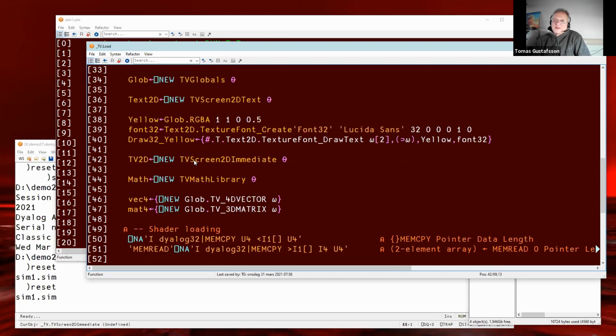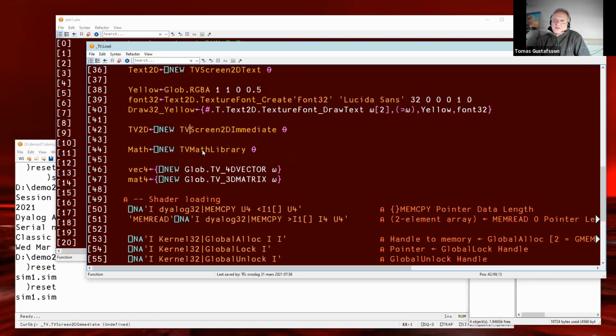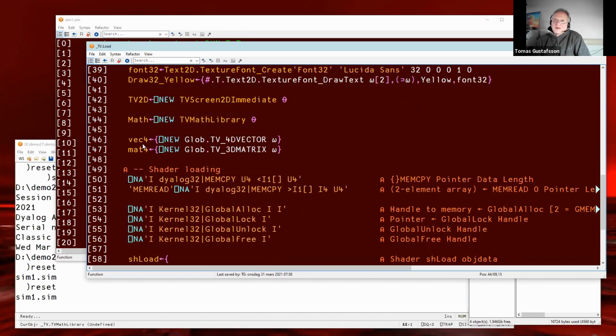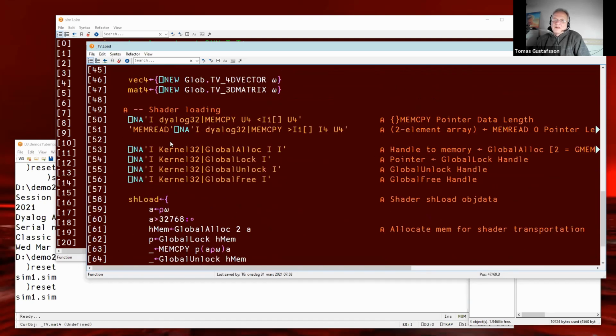A bit related to 2D graphics, math library, vector 4 and matrix 4 shortcuts. Then here is a bit of APL mumbo jumbo. To load the shader into the GPU, you want to avoid reading it from a file on disk.